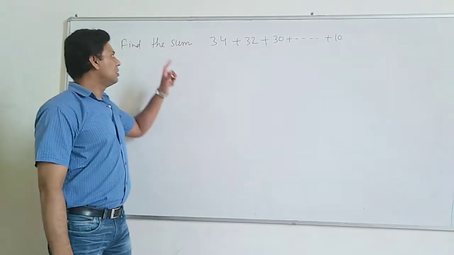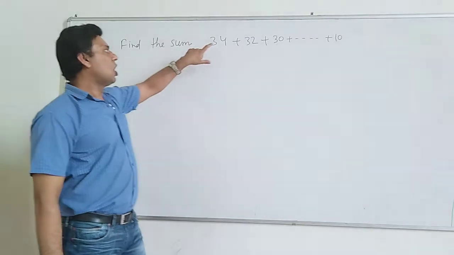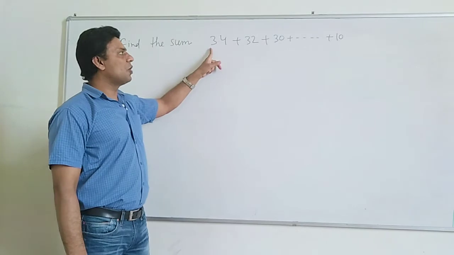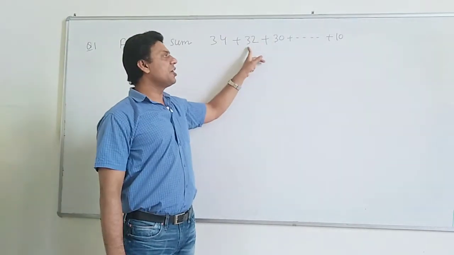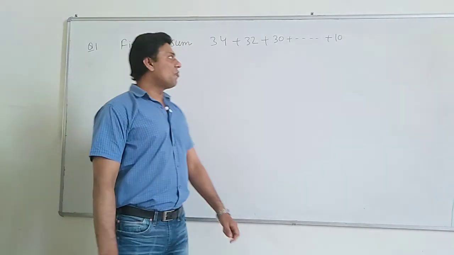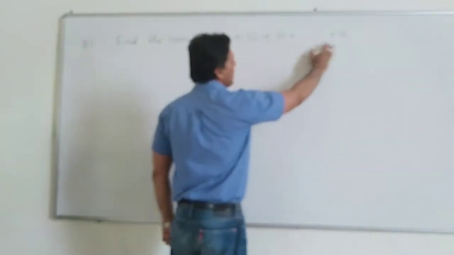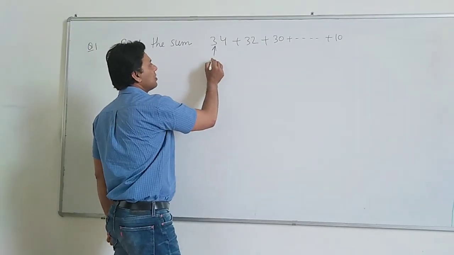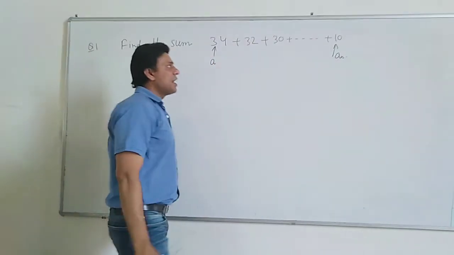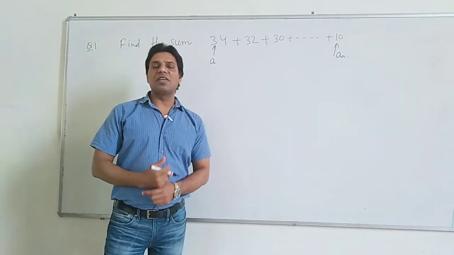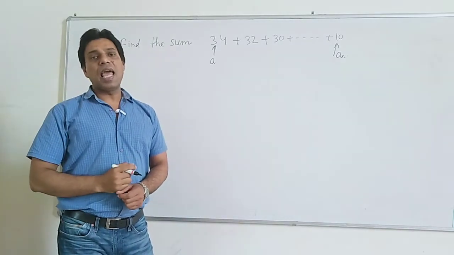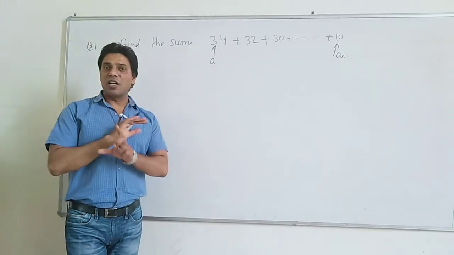See this question. Find the sum of this AP. You know this is an AP because 32 minus 34 is minus 2, 30 minus 32 is minus 2. It means the common difference is minus 2. So this is an AP, and we have to find the sum of all terms. This is your first term a and this is your last term an, or nth term. But you don't know the number of terms in this question. So first of all you have to find the number of terms n,